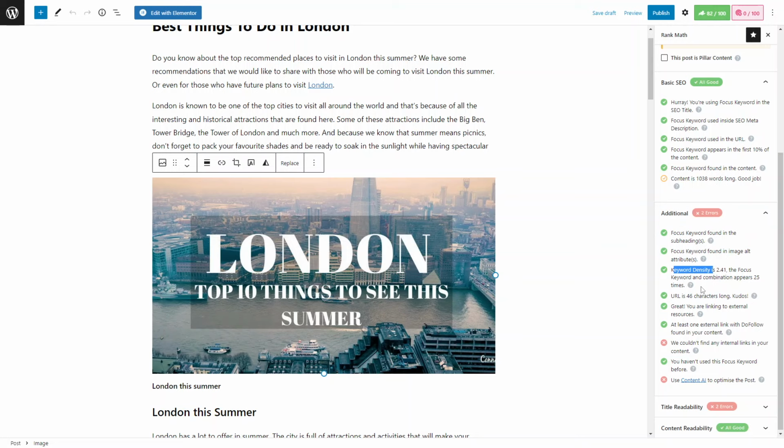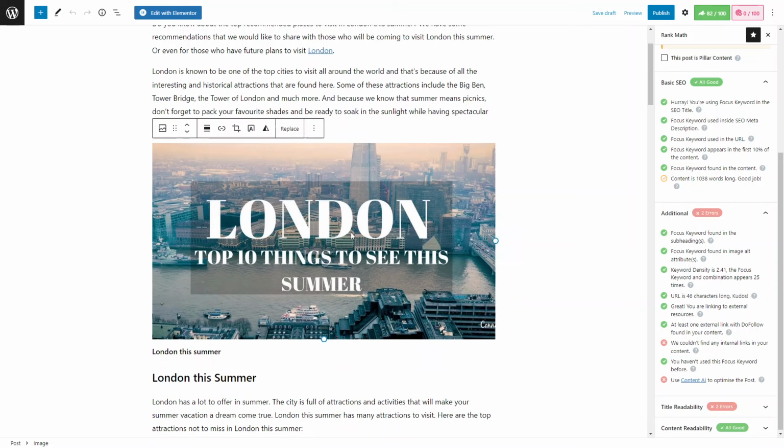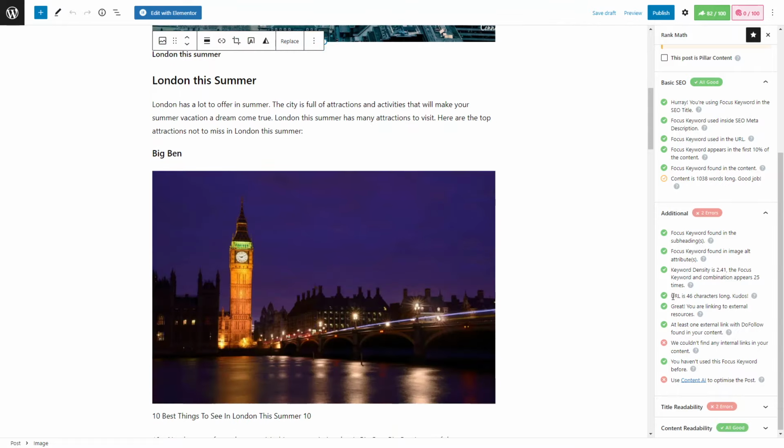Keyword density. So this is essentially how many times the keyword appears on the page. So it kind of tracks that for you. So keyword density is 2.41, and it appears about 25 times, which is good. So you want to keep making sure that you keep mentioning the keyword throughout your content. URL is 46 characters long, so the length of URL is also important,